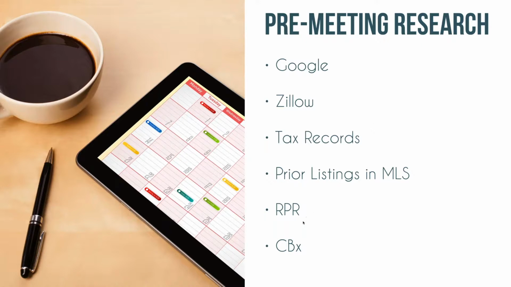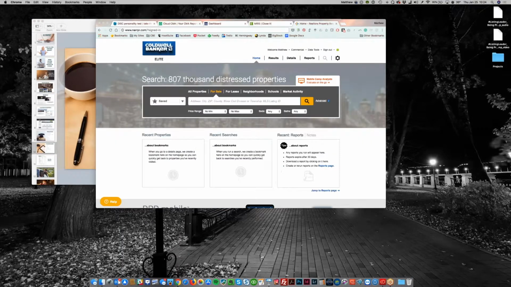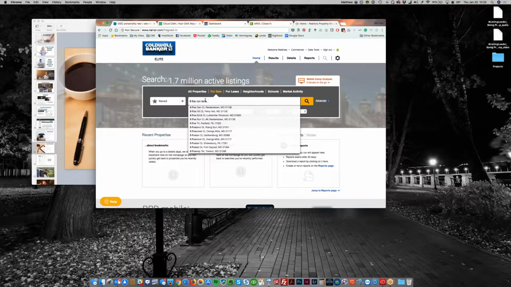The Realtor Property Resource and CBX. So I'm going to get out of the slide deck here. We're going to take a look at this real quick. So I want to look at the Realtor Property Resource. So I'm going to look at 9 Fox Run Lane,